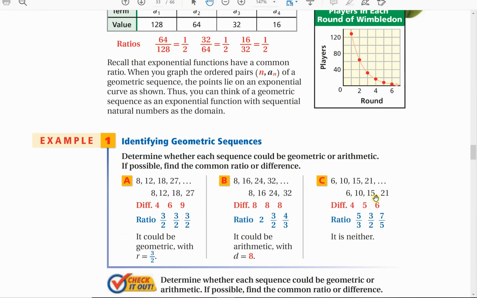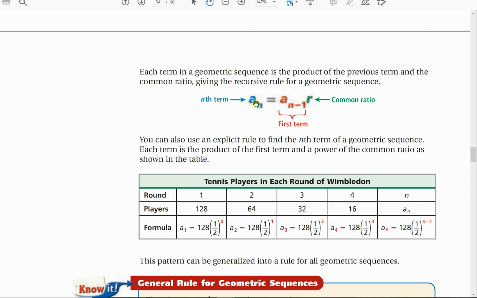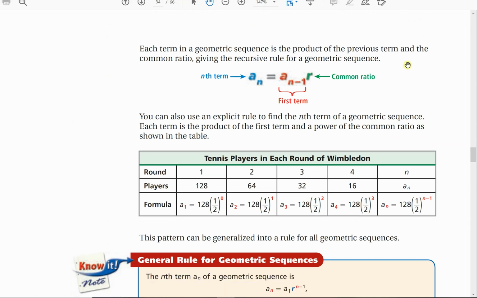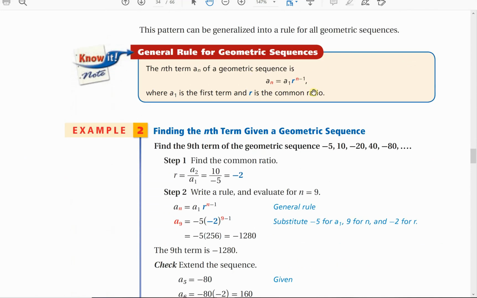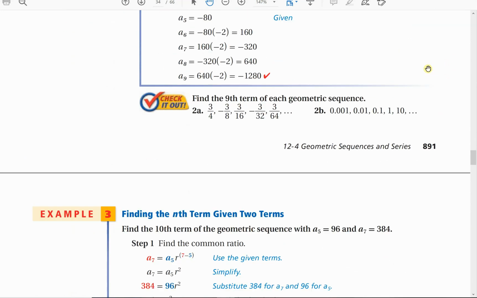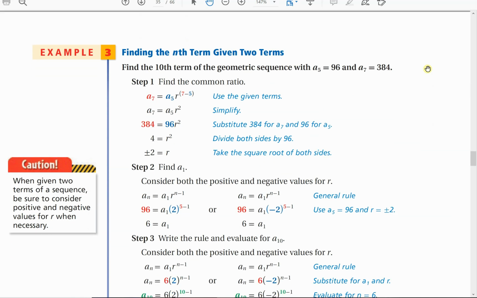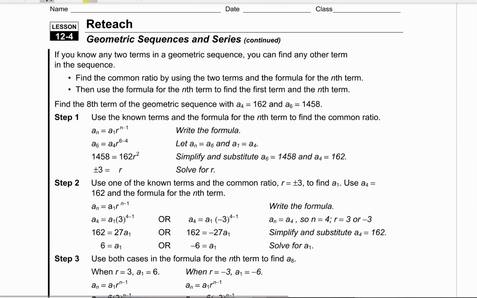All right, back to the textbook. Example 1 talks about finding that common ratio, and then they show you this common ratio formula. Basically what we get is, like we said, a sub n is a1 times r to the n minus 1. Example 2 goes over what we just went over in the notes. And then we get finding the nth term. So let's go back to the note packet to page 2. Because remember, we did this with